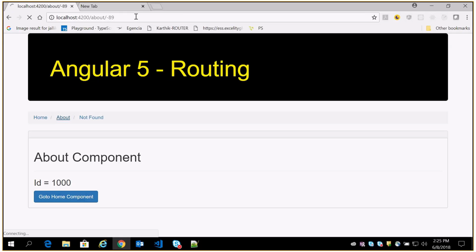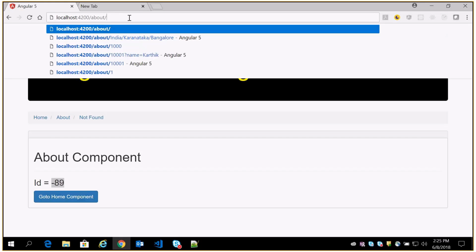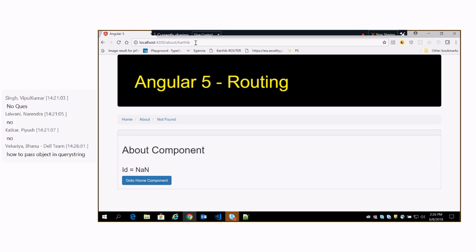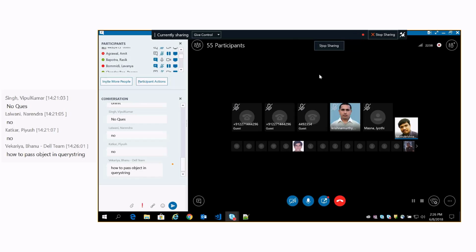Look at this. So it works for negative values as well. The problem will arise when you give some string. It says not a number, because you are trying to convert a string to a number.